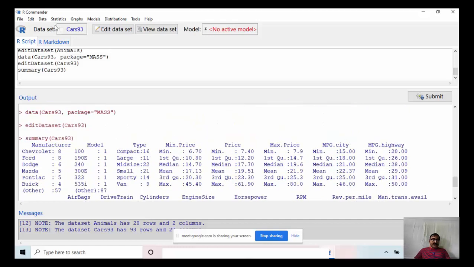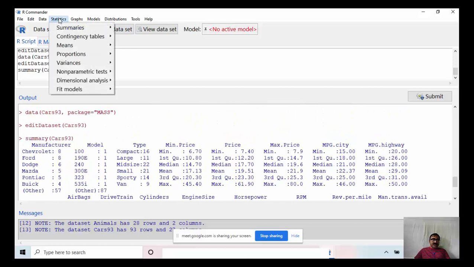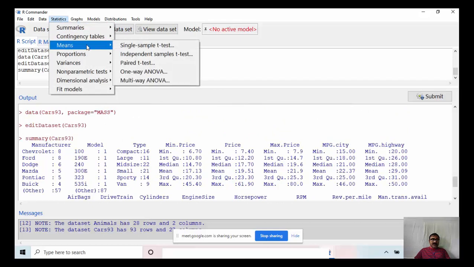So for this data set, I go for the means. Here see all the options are highlighted. In the previous data set, one way ANOVA, multi-way ANOVA were not highlighted. Independent sample t-test was also not highlighted, because for that data set these tests are not applicable.